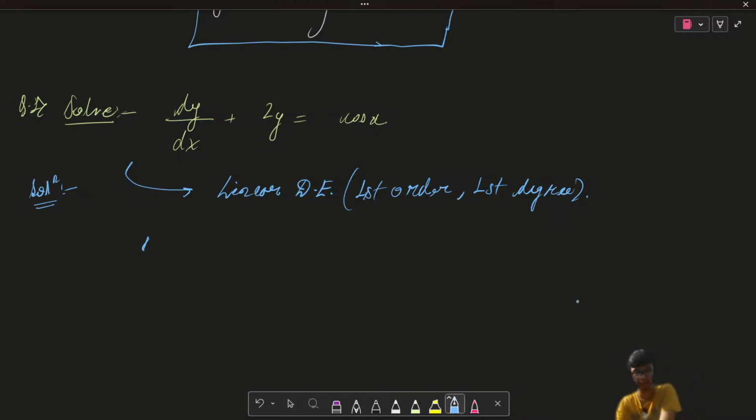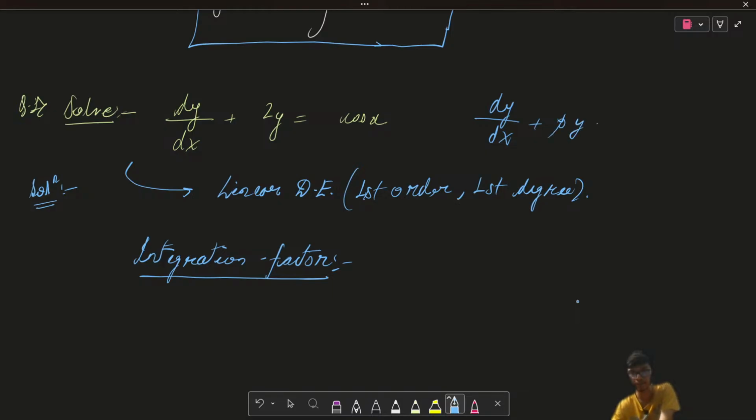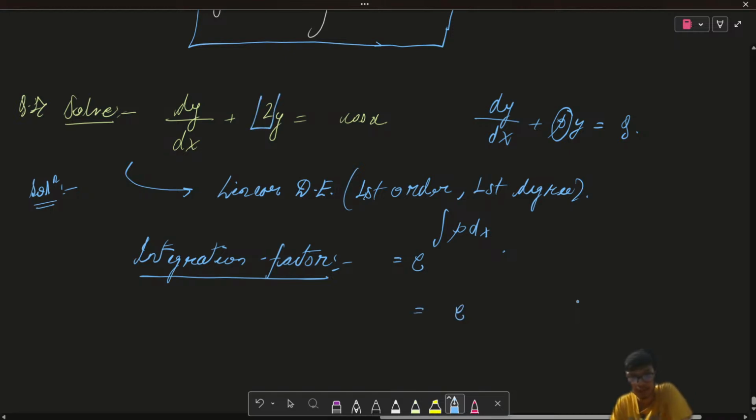So here, if I try to find that integrating factor, what we have seen is that if I have the differential equation in this form, our integrating factor becomes e to the power integration of p dx, right? So if I do that over here, my p term is basically going to be simply equal to a constant,